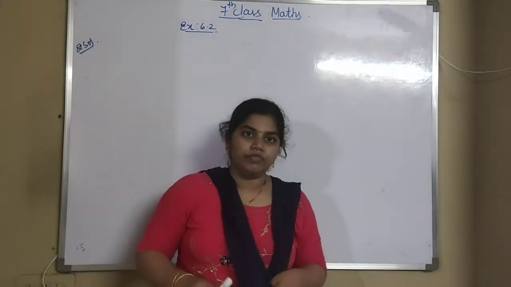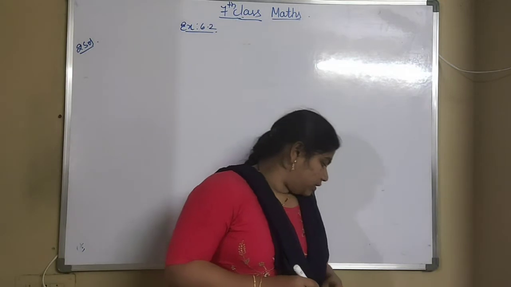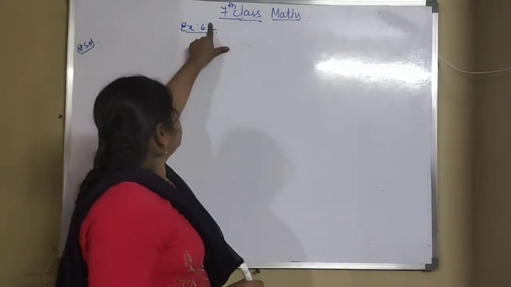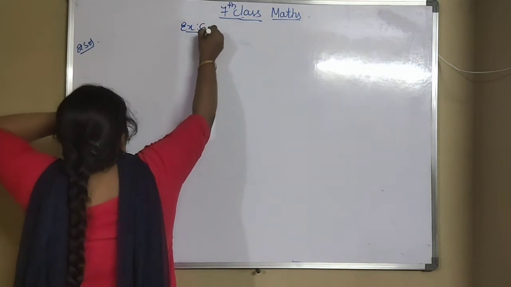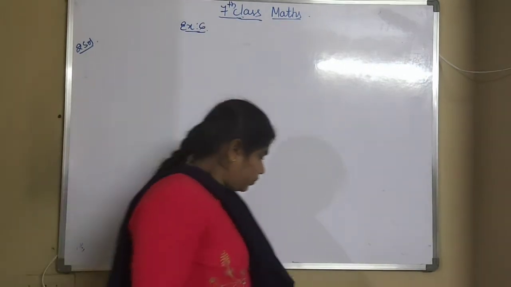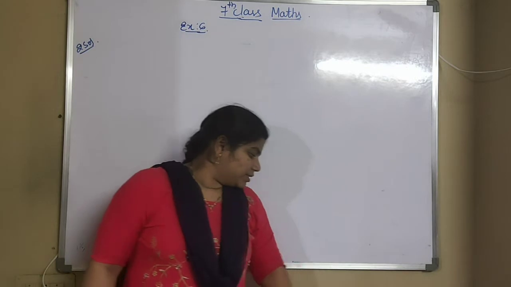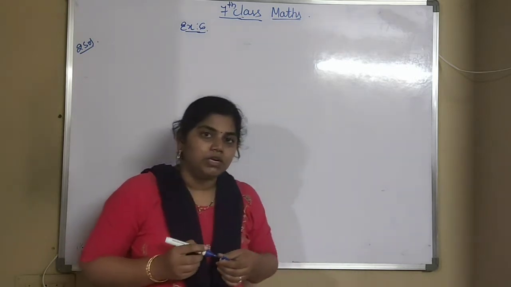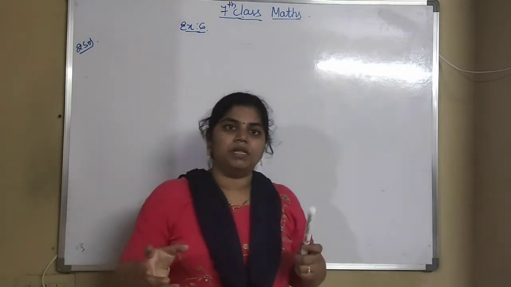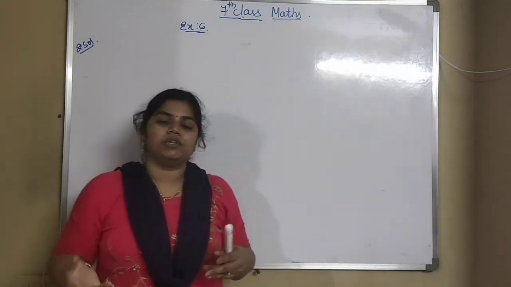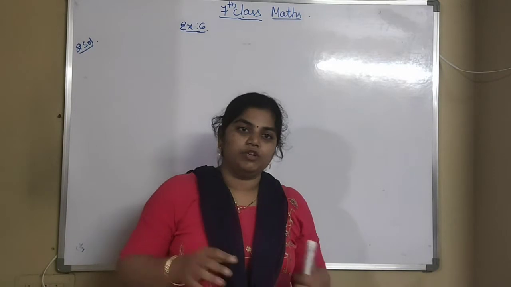Good morning everyone. In exercise 6, we are doing our second problem. What is the sixth question? At what rate does a sum double itself in 8 years 4 months? Only the time is given. We have to find the principal and amount values, and also the rate of interest here.